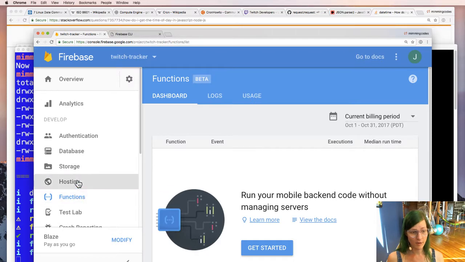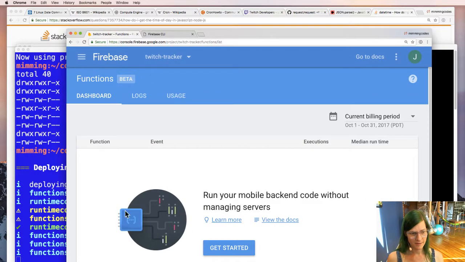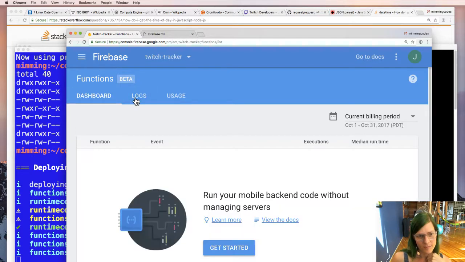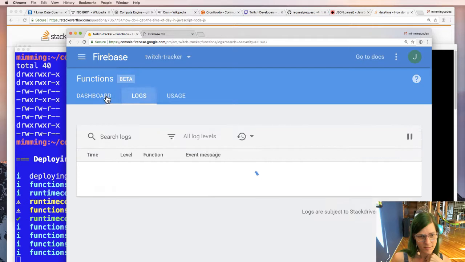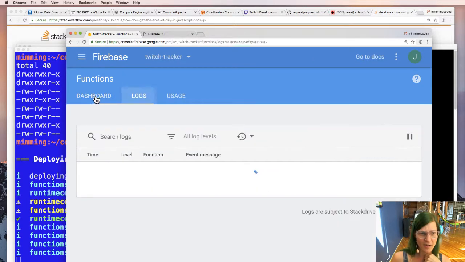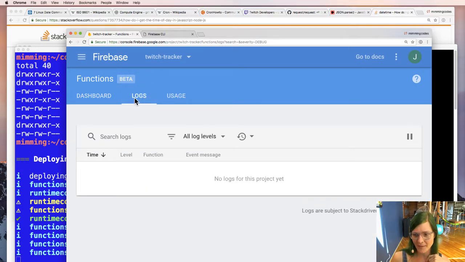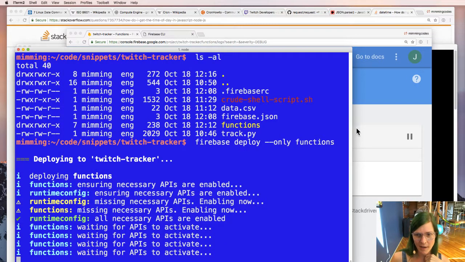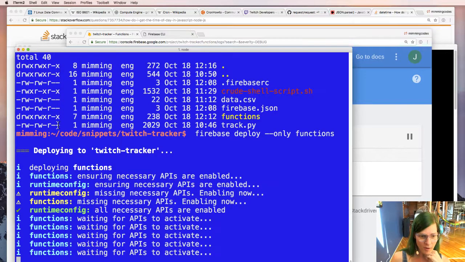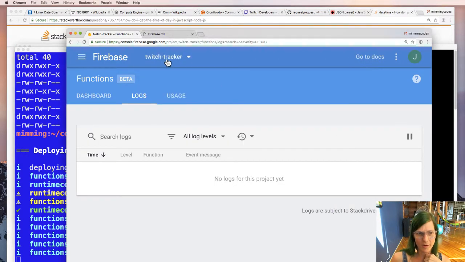So let's take a look at functions. Does it show up yet? Just reload, reload, reload. And so it's 12:17, so I want to wrap up in the next 13 minutes. So rather than start diving into how to work with the spreadsheet API right now, once this deploys and we get it working, assuming it works on the first go, which I have faith it will, then I'm just going to dump it into a real-time database.